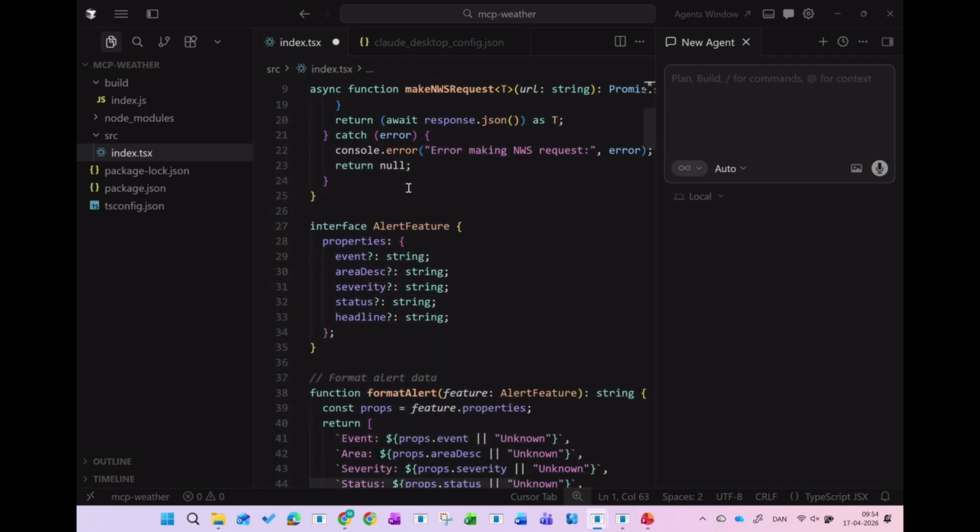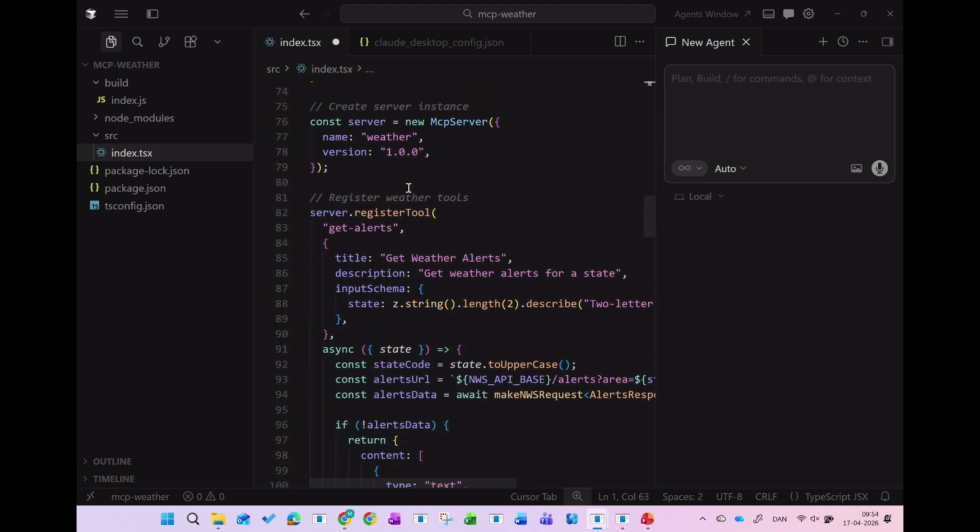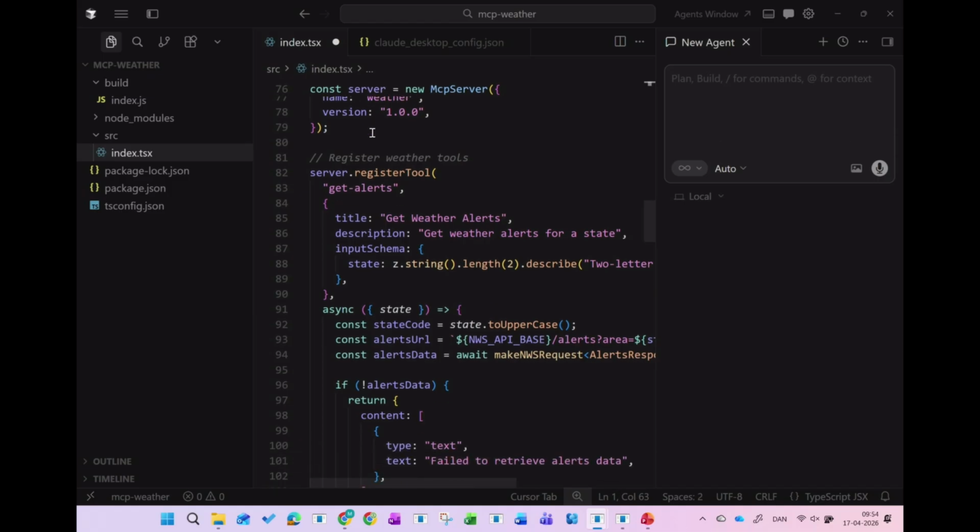And if we scroll down, then we are setting up a few things. And then we just create the server. So a new MCP server, give it a name, give it a version. That's basically it. Then you have a server and you can start